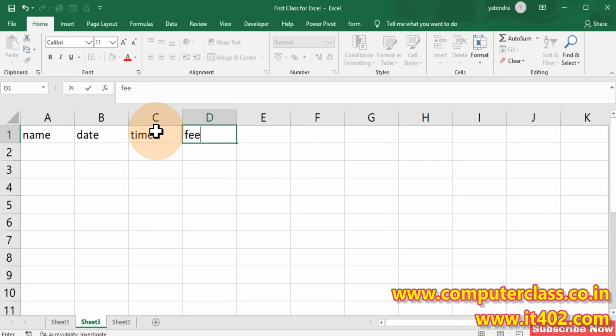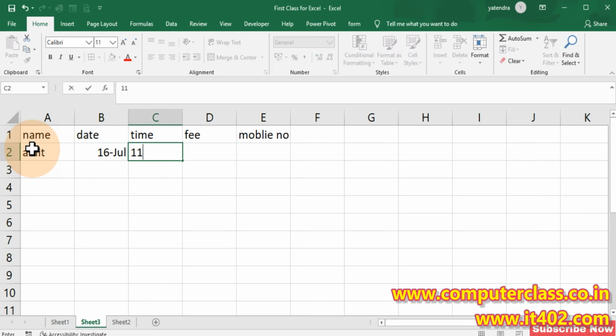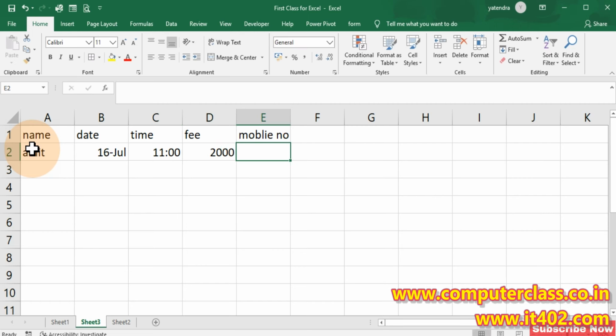next I give the name fees, like that, and in another I write mobile number. So what happens if I write some name like Amit, for date I put 16/7, for time I put 11, for fees I put 2000, and for mobile number I put something like 1234567. Till now there is nothing new here, but if I click here and